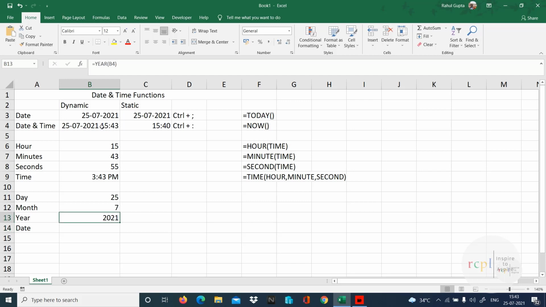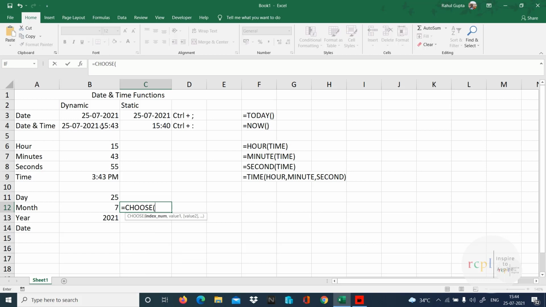But many times I do not want to write 7 over here. I want to write January, February, March, April in place of numbers. So in place of 7, it should write July. So in dashboards, we can use a function named choose. We can also get this by lookup kind of functions, but here I'm not going to use lookup. I'm just going to use a function which is choose.